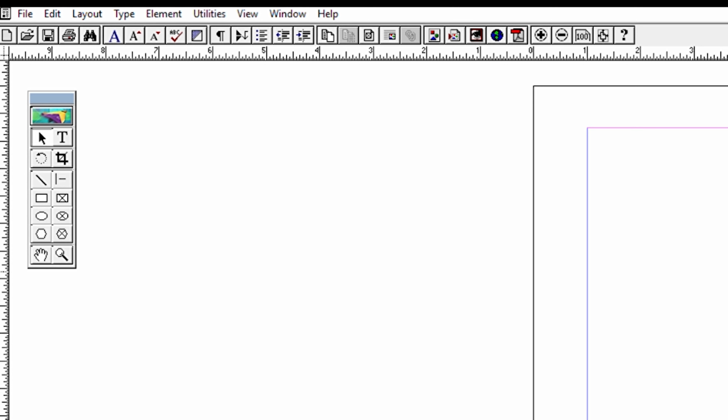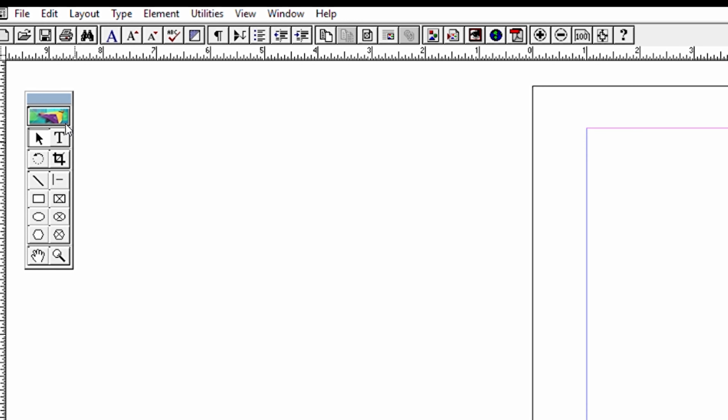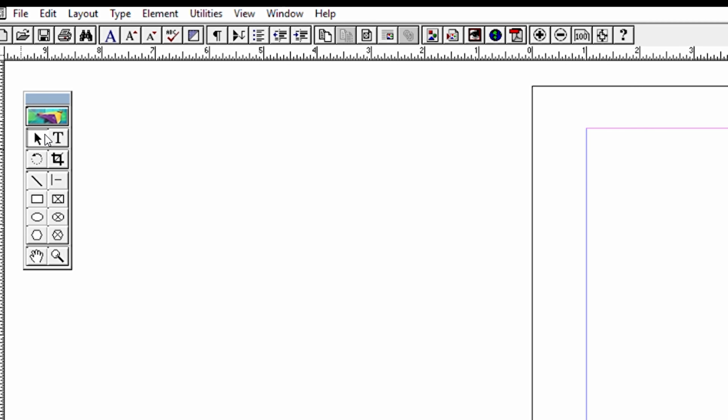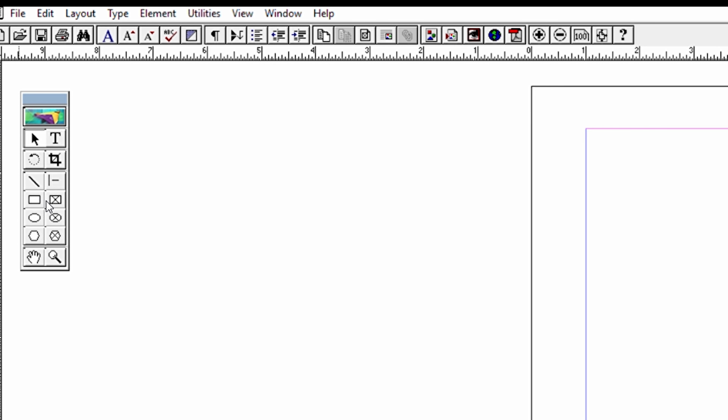Next one is the text tool. Text tool, we all know. What is the use of the text tool? This T, this text tool, is used to type, select and edit the text. The shortcut for this text tool is Shift Alt F1. You have to press Shift, Alt and F1 at the same time. Next one is the rotating tool. The rotating tool is used for rotating the text, that's all, rotating the objects. For the rotating tool, we have a shortcut, that is Shift F2.